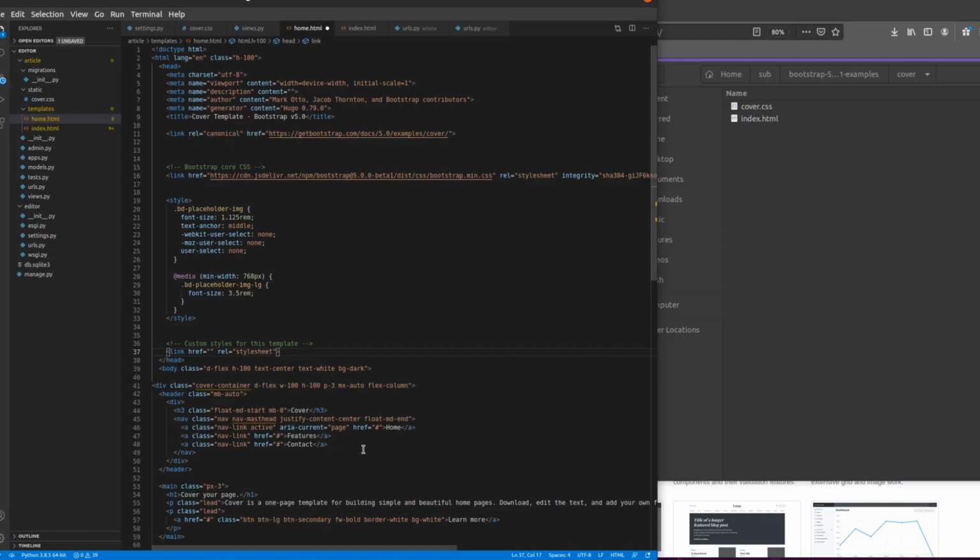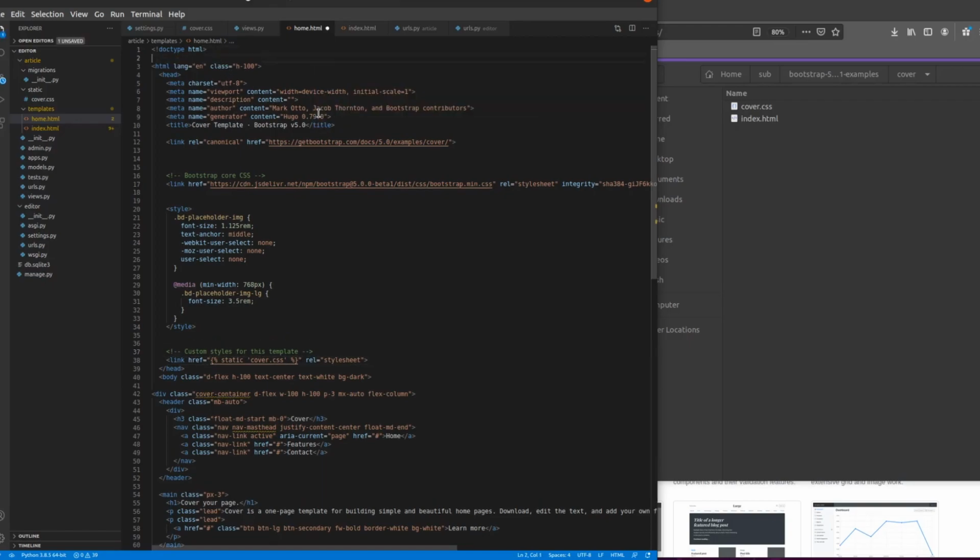Here, over to the static folder, and we can do that in a customized Django way, which is the code you're seeing right now, the standard Django method of referring to a path, static, and then we go cover.css, save it, and then we need to tell Django to make use of the static function. So we go here, load static, save, and if we go back to our page,